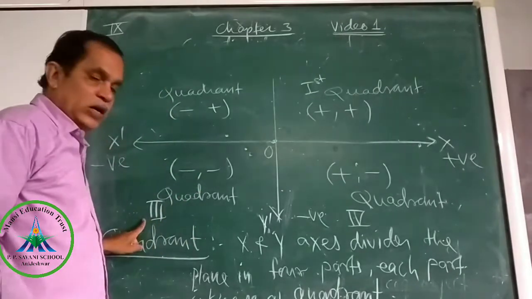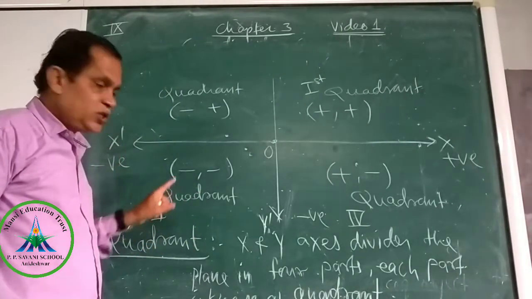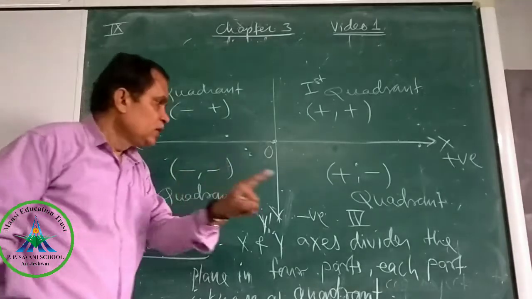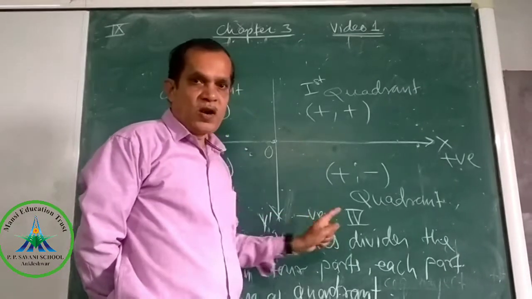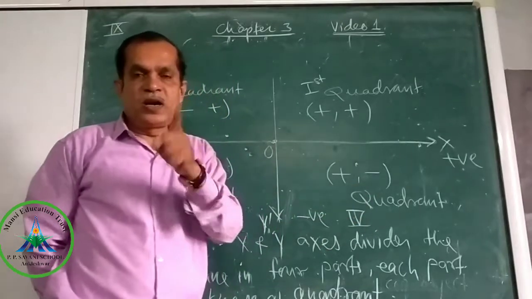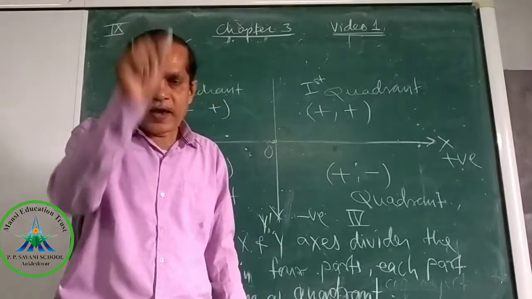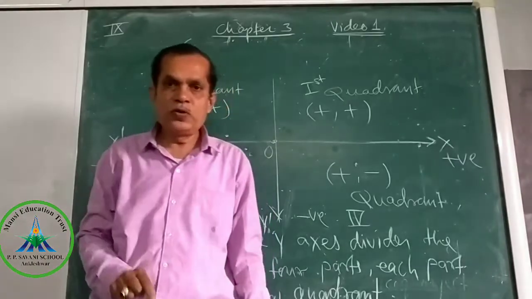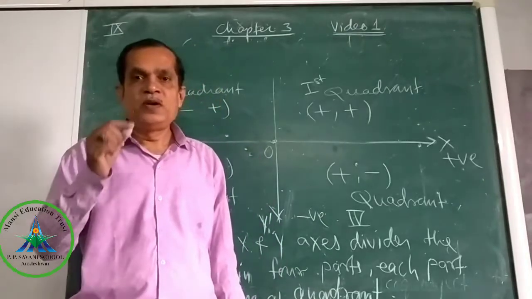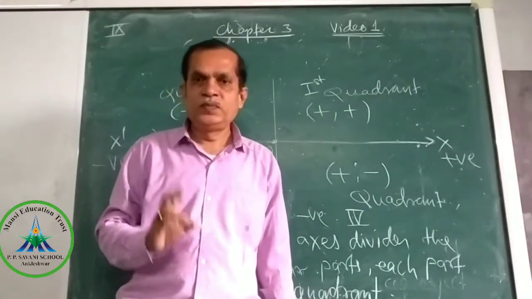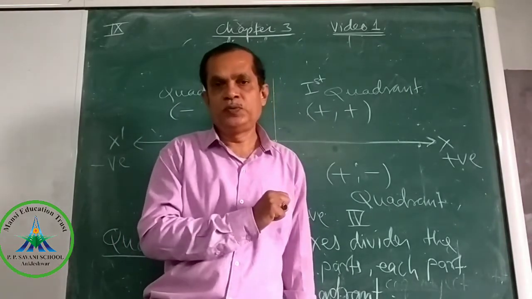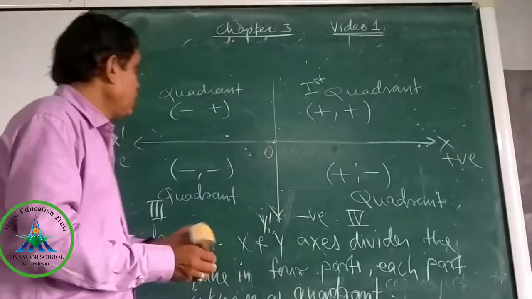Right? Third quadrant, how will you define? Quadrant in which both x and y coordinates are negative. Okay? Fourth quadrant, how will you define? Quadrant in which x coordinate is positive, y coordinate is negative. See students, like this with yourself you draw x-axis and y-axis in notebook. Mark quadrant 1, quadrant 2, quadrant 3, quadrant 4 and speak with yourself. What is first quadrant? You will say quadrant in which both x and y coordinates are positive. Like this. So write down definition of quadrants.